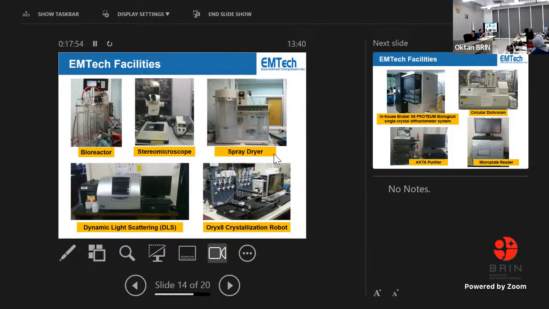So to minimize human error, we employ this robot to help us make the work even faster. While a single plate may require about 2 hours, the robot can do it in 50 minutes, for example. So this crystallization process, for example, which our speakers may share with you later on, will be involved in the process of crystallization screening.